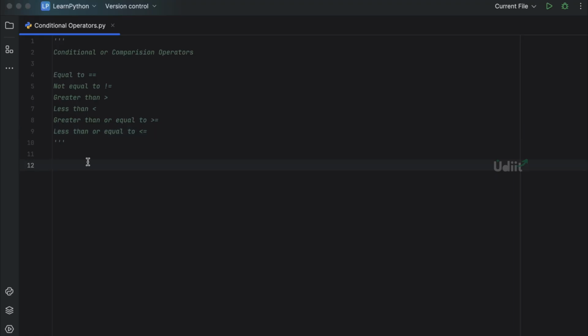Whenever we use a conditional operator, the output will always be true or false. Because we are checking for a condition, there can be only two possibilities: either it can be true or false. Let me show with an example. I'll say print 5 is equal to 5. Here 5 is a value, and I am checking whether it is equal to 5. Now when I execute,